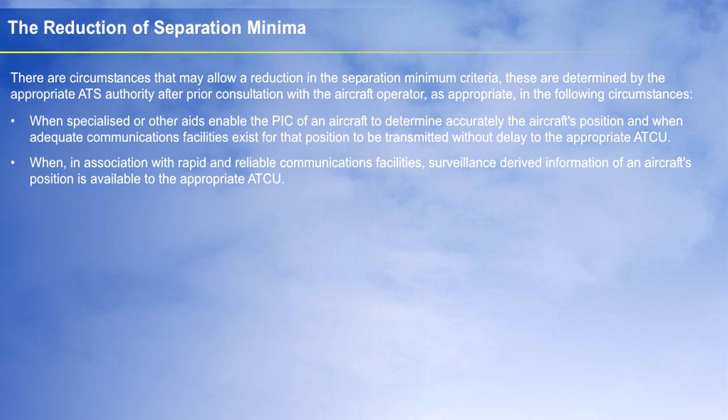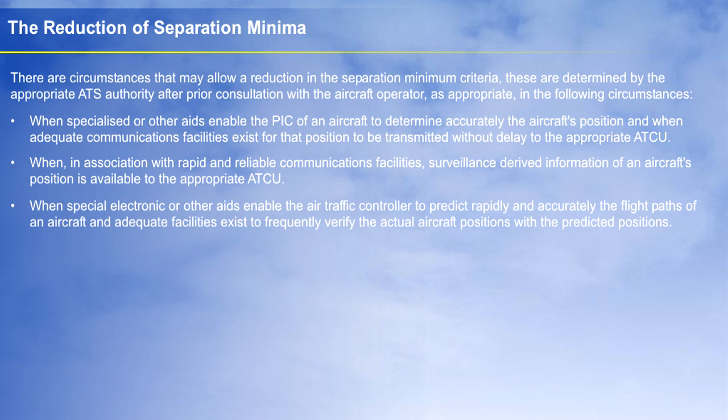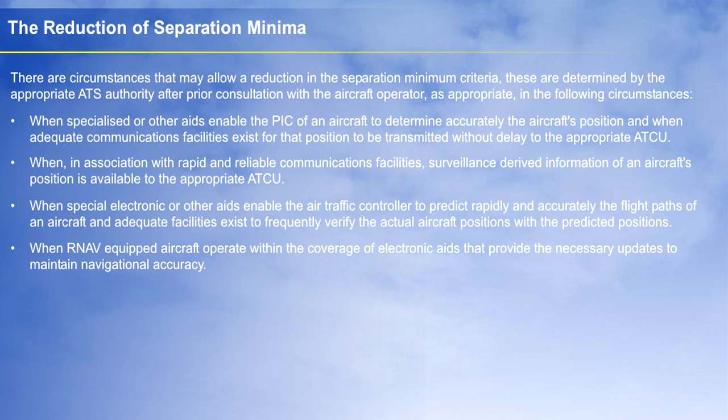when, in association with rapid and reliable communications facilities, radar-derived information of an aircraft's position is available to the appropriate air traffic control unit, when special electronic or other aids enable the air traffic controller to predict rapidly and accurately the flight path of an aircraft, and adequate facilities exist to frequently verify the actual aircraft positions with the predicted positions, when RNAV-equipped aircraft operate within the coverage of electronic aids that provide the necessary updates to maintain navigational accuracy, in accordance with the regional air navigation agreements after prior consultation with the